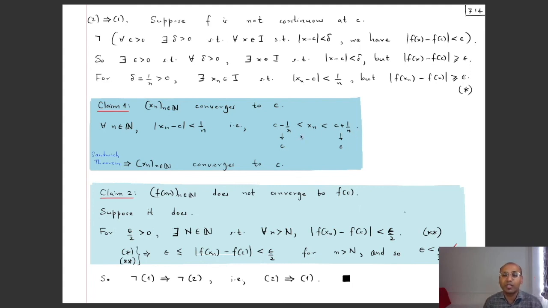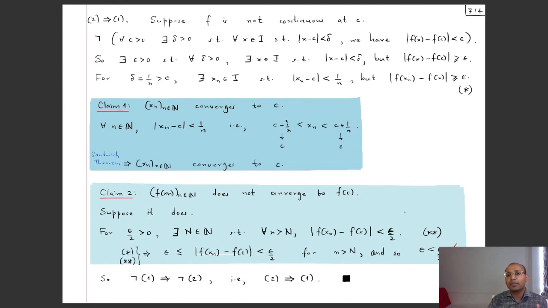Long ago we proved a little lemma where we proved this. Now this is happening for every n, but you see that this sequence, by the algebra of limits, 1 by n converges to 0 and c converges to c. So by the algebra of limits, the sequence whose nth term is c plus 1 by n converges to